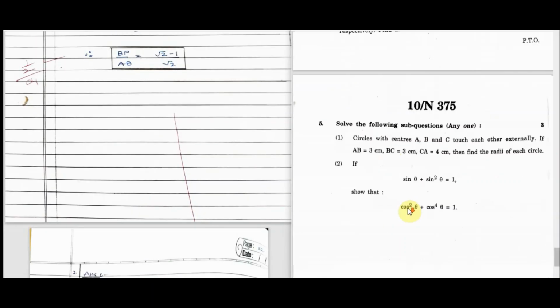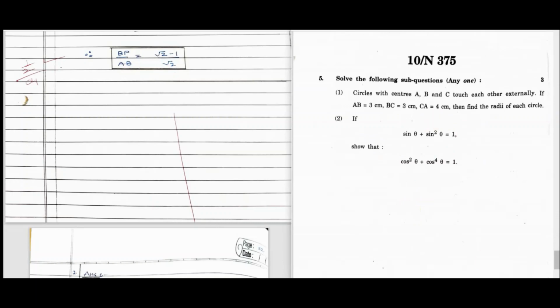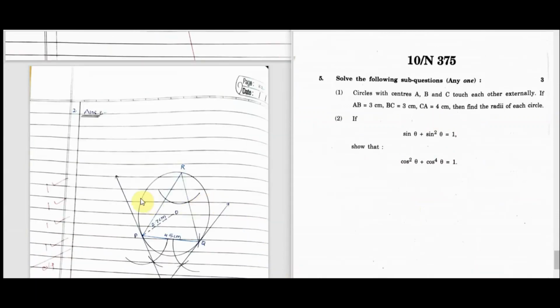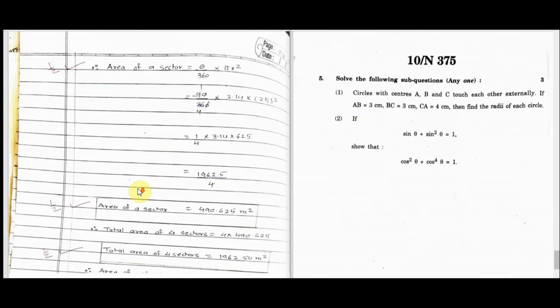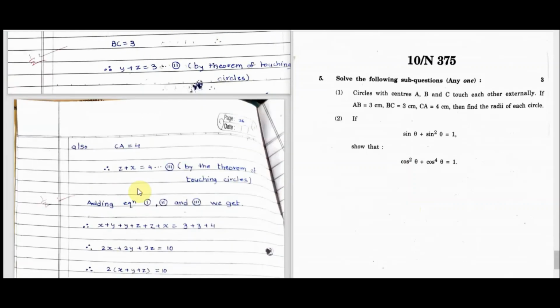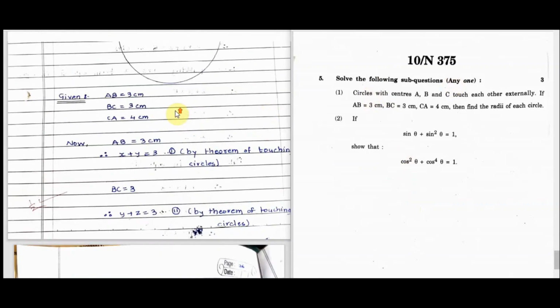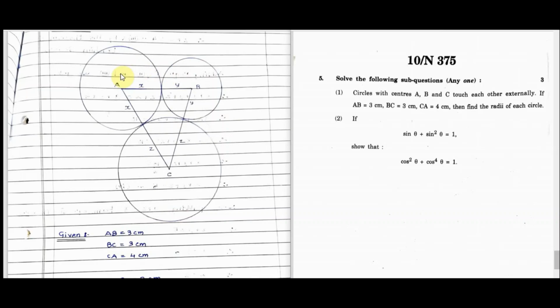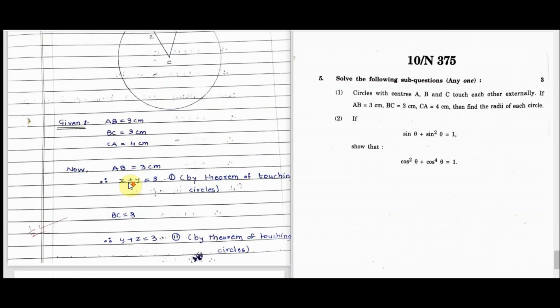Now let's go to the last question, question number 5. That too only 1 year to solve, and carries 3 marks. Now let us see how the marking scheme is. Now, circles with 3 centers. See here, I have drawn this diagram. This diagram is necessary. You have to draw the diagram. Although a little bit here and there will do, you have to draw the diagram. Along with this diagram only you will be able to write all the steps.